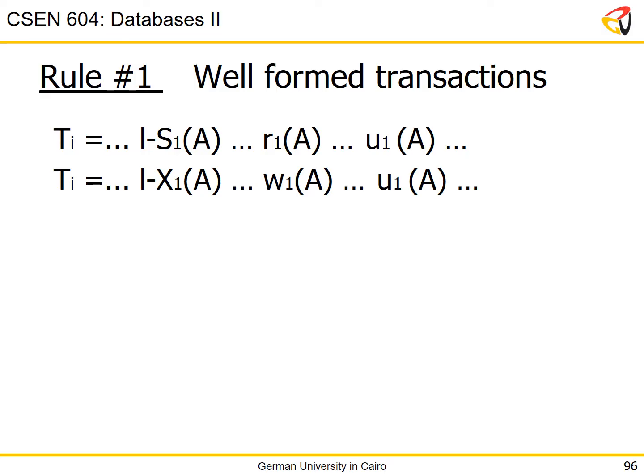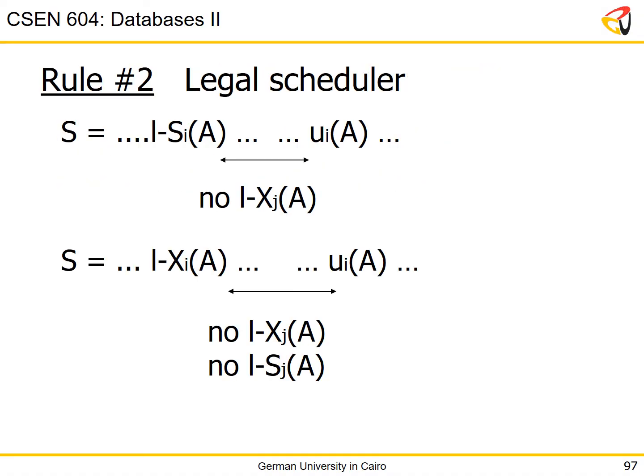Now, again here, the assumption is we have well-formed transactions, which means that the insertion of these locking statements is done properly by the database engine scheduler. When it requests a shared lock, it will release it after the reading, and if we request an exclusive lock, that means we're going to do a write, and it will release it after as well. And the operating system is behaving correctly along with the scheduler, which means that